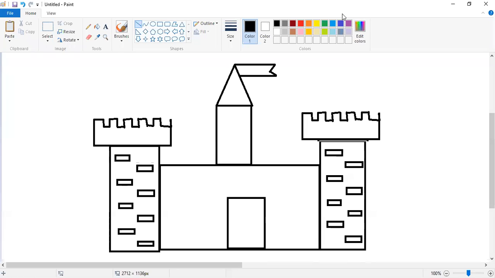Also, we can fill colors. We select this fill with color tool, and we can do colors in the drawing like this.